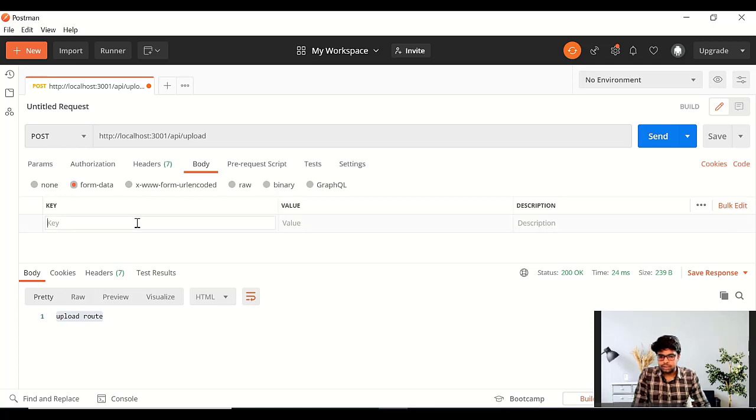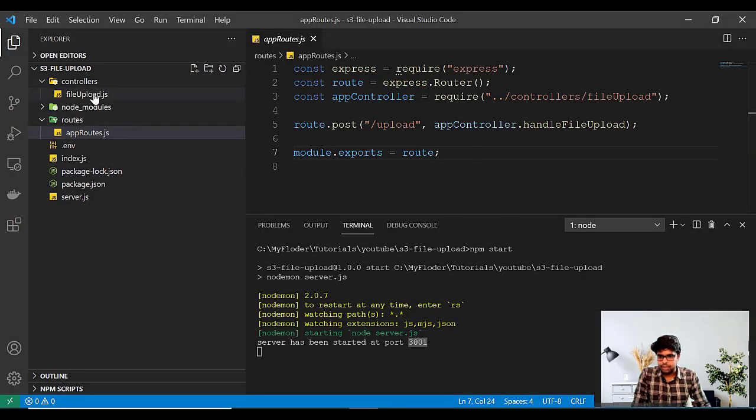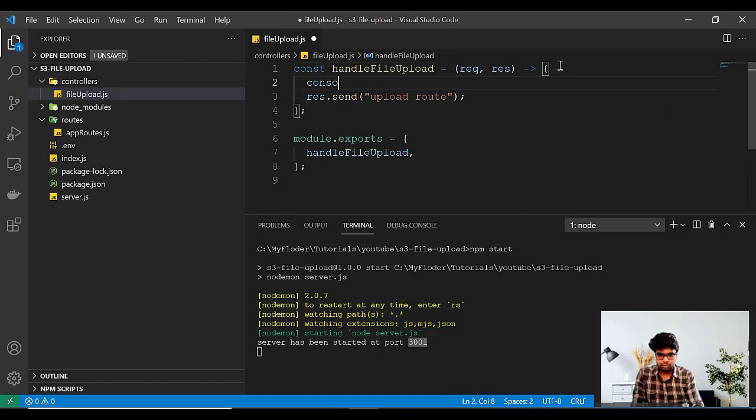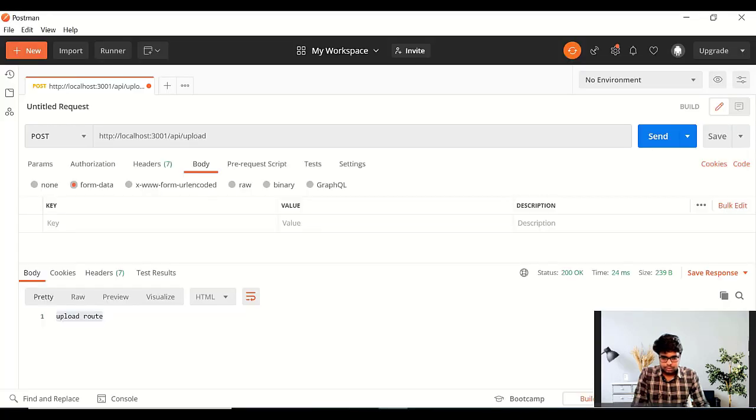Let me test whether we are able to read the request body content or not. So let me put a console.log of request.body. Let me test this.